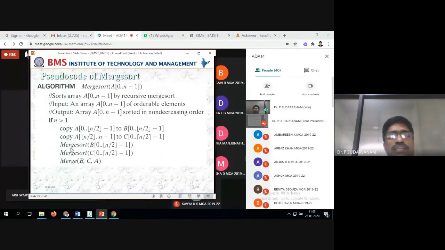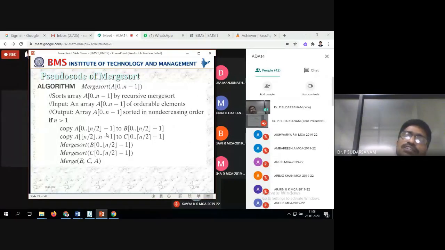Now merge sort of B, 0 to n/2 minus 1, and merge sort of C, 0 to n/2 minus 1. So you are calling recursively here itself. Then you are calling merge of B, C, A. But there we have taken low, mid, high values. That is the only difference, nothing else. But if you write it like this, the implementation is a bit difficult. We changed it a bit because they told us to use recursion, but we did it the same way, just changing the technique. If you say, sir, I will do it according to this, you can go ahead, nothing wrong. That is also right, this is also right.